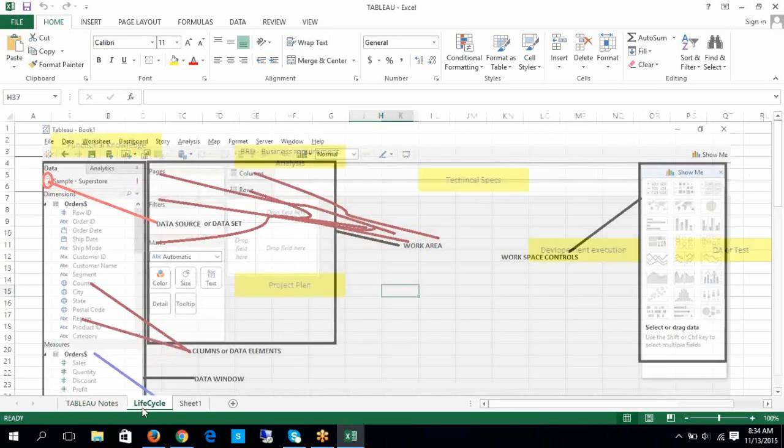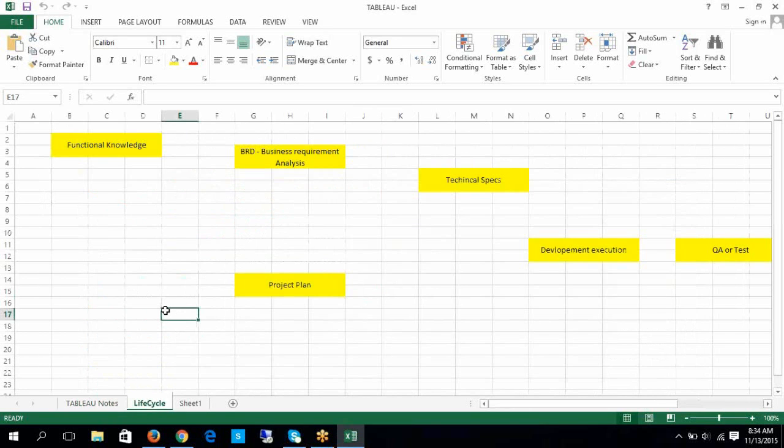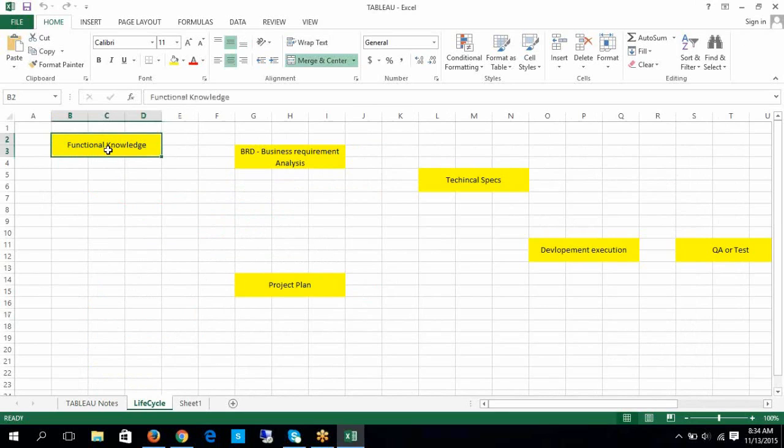We are at the stage of fundamentals, okay? But this is one of the processes that I would like to bring to your notice. At any point of time, before starting the development activities, we are supposed to follow certain activities, which is a process orientation with respect to the organizations, okay? Now, firstly, before starting any type of dashboard,